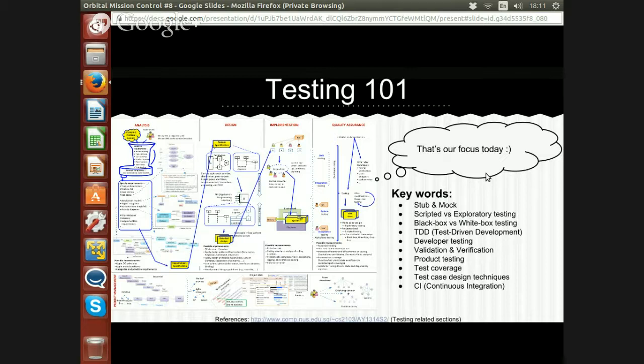But TDD goes the other way around. That means you write your test first, and then based on your test, you pass your test, and then refactor your code. And if there is a new requirement, you change your test case first before you do any new feature. So for the developer, testing is the process for us to test our own code to fulfill the goals I have set earlier, so that you can control your code and